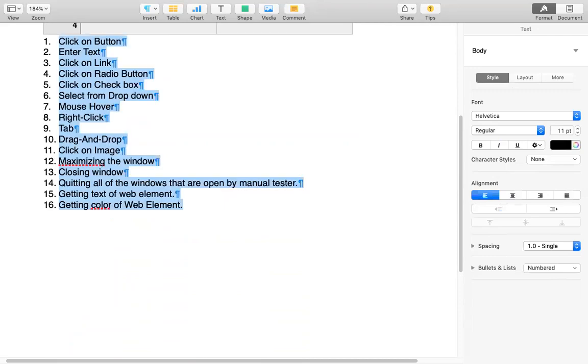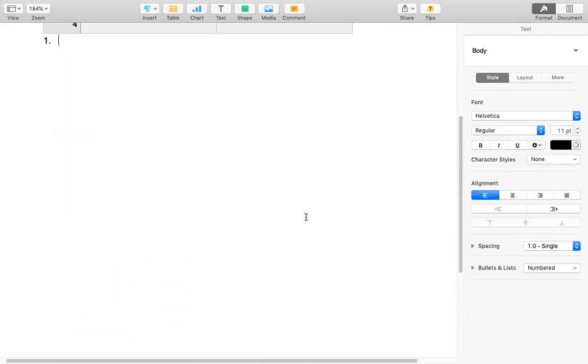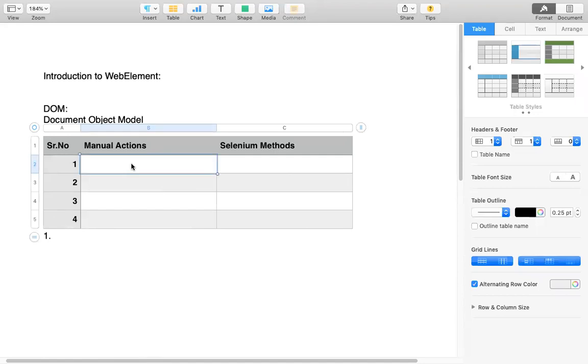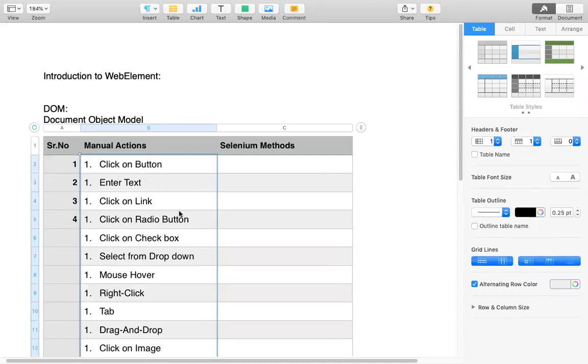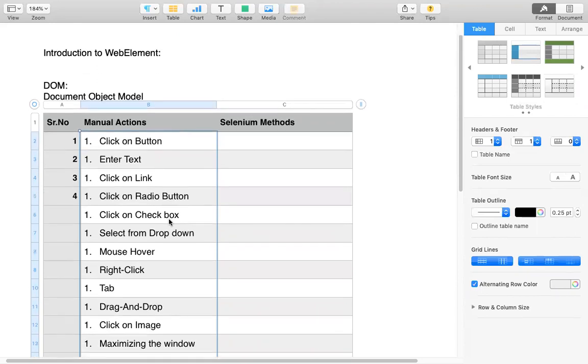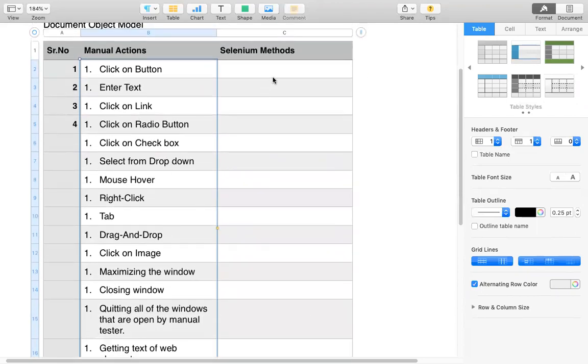And then list them down here. You can see that these many manual actions are there, and let us write down the methods related to those actions. Now, click on button. For clicking on a button, we have a method called click. This is the method. And next, for enter text, we have